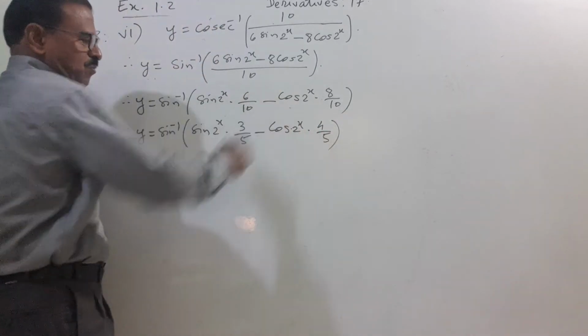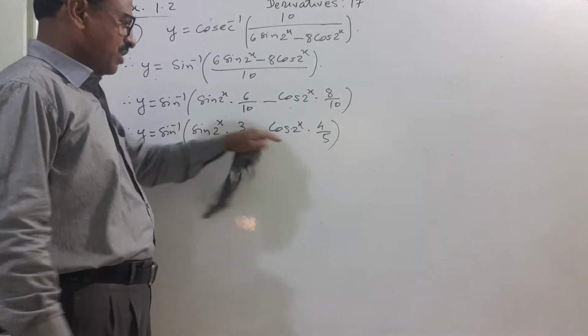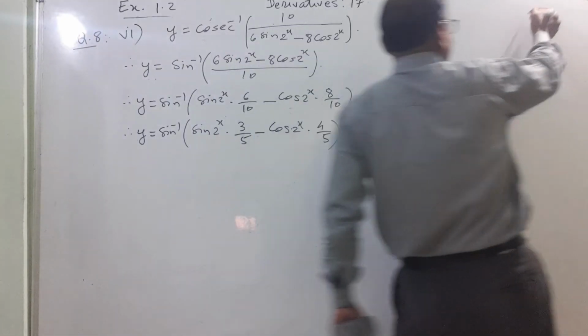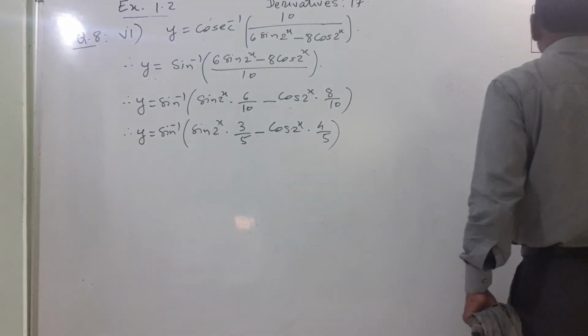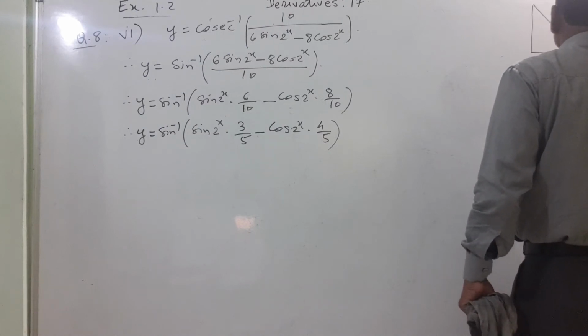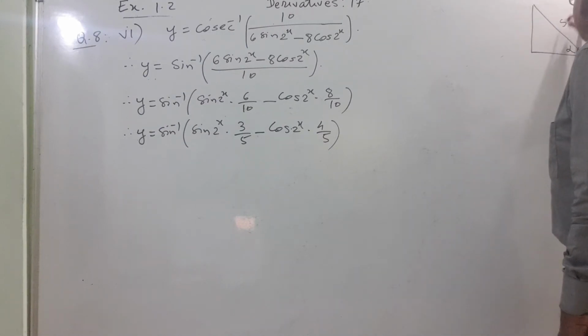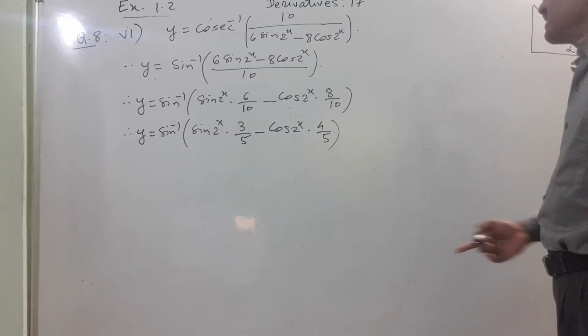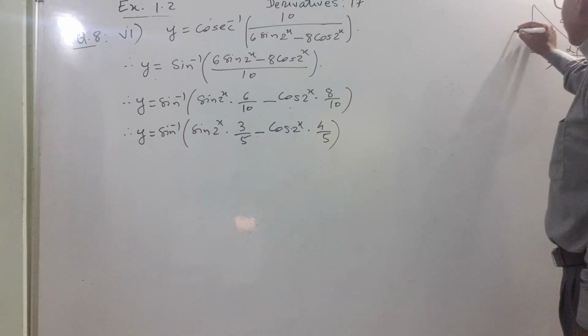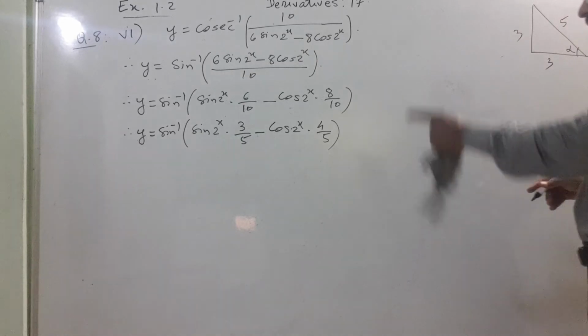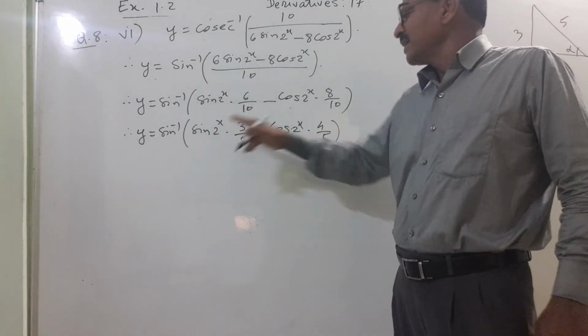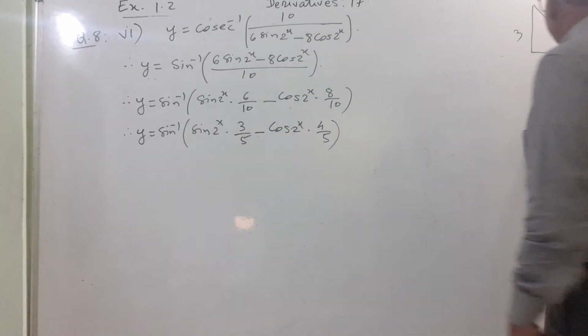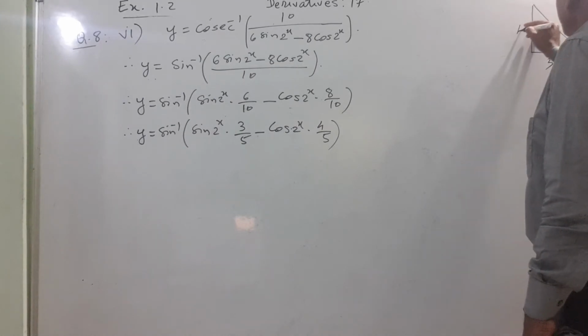3 square plus 4 square is 25, and denominator is same. So these are the sides of a right angle triangle. Here I will say as usual alpha. Hypotenuse will be 5. Now which? This is 3 or this is 3. Which I want to take, I will decide from here. Sine, here it should be cos. Means this should be 3 and this will be definitely 4.